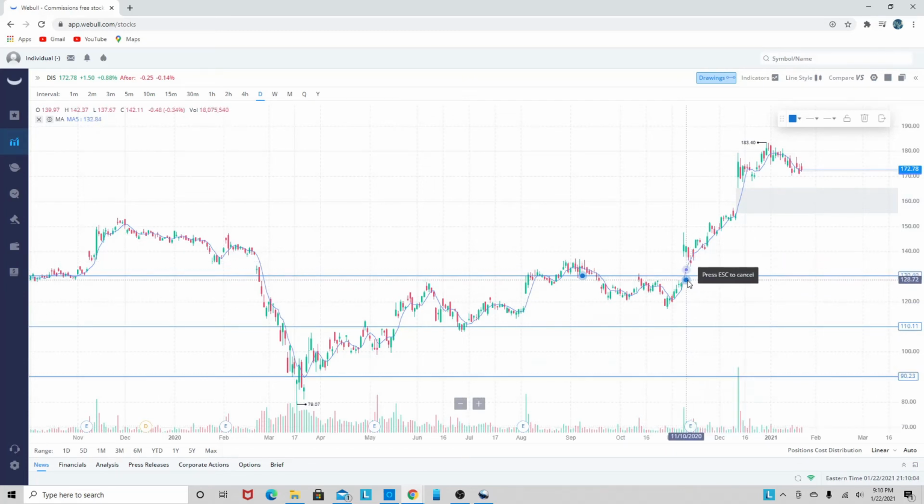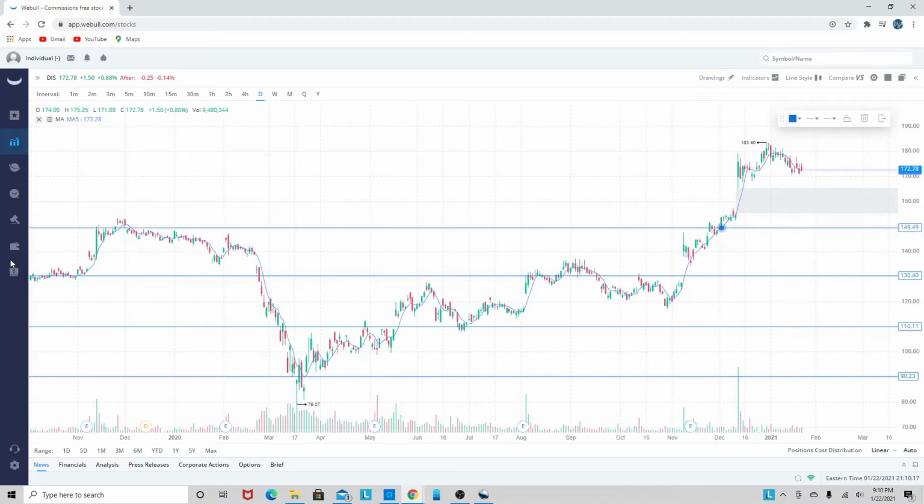It finally broke that 130. And let's see, it came up to around the 150 mark where it had a little bit of trouble breaking through this mark. So I'm going to drop a line here. As you could see back here,